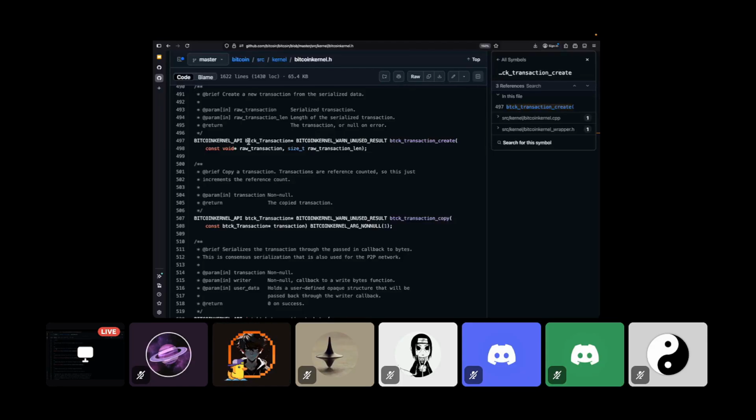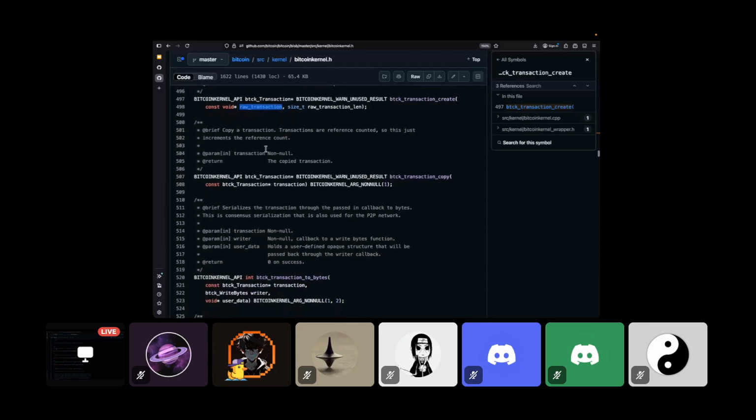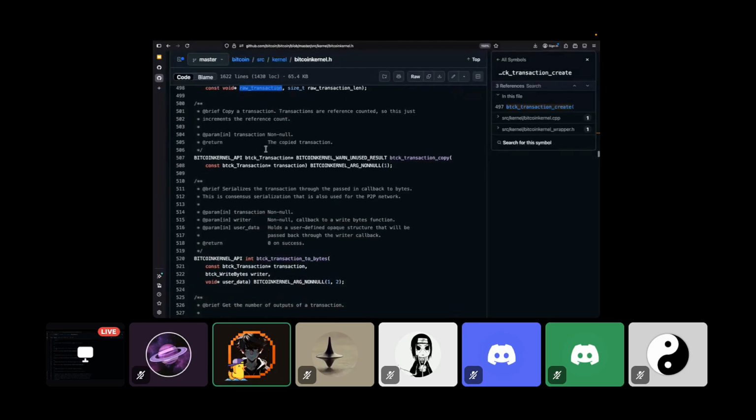So you need to convert those bytes, or hexadecimal format, to the BTCK transaction type so that you can use this consensus library. You can use this function which takes a const void pointer to the raw transaction, that is basically bytes. And then